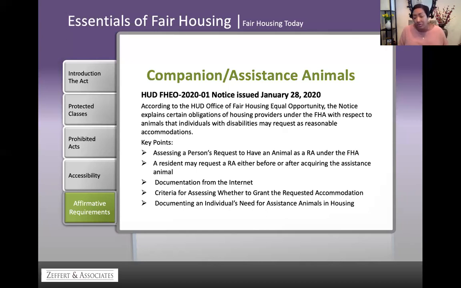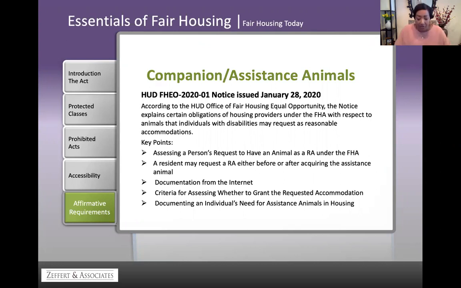And I know, quite frankly, you all have probably faced issues where you feel this is not an emotional support animal, but that's what they're telling you. And your hands get tied. And yes, your hands can still, to a degree, be tied, because you have to understand the rules of the Fair Housing Act and how to apply them.